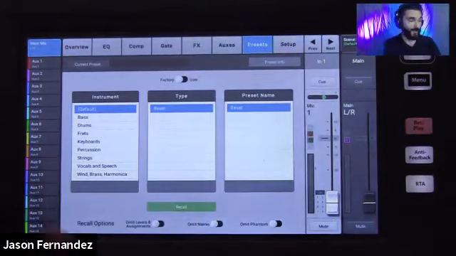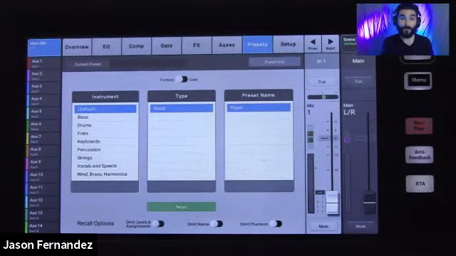If you are more of a novice, if you have less experience with some of these things, or maybe no experience with mixing, maybe this is the first time you've ever seen a mixing console, the presets are going to be your best friend. Even if you are that professional or more experienced engineer, the presets can also be very advantageous to you because they can save you a whole lot of time.